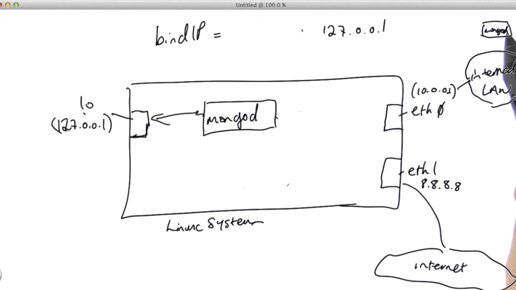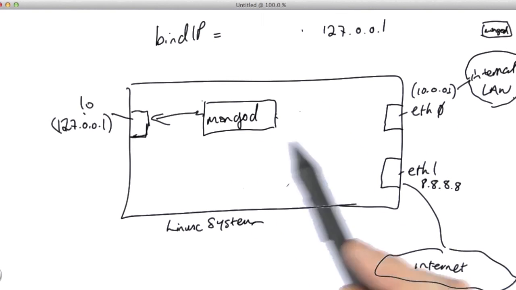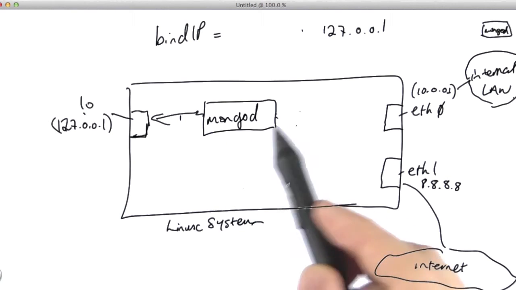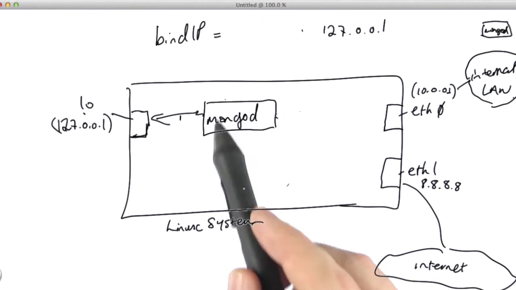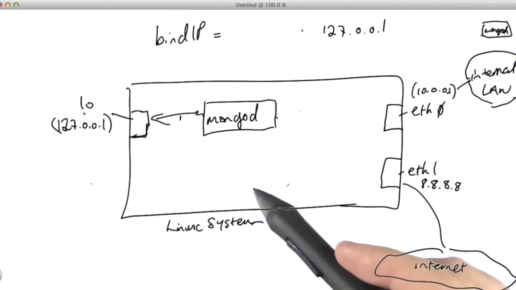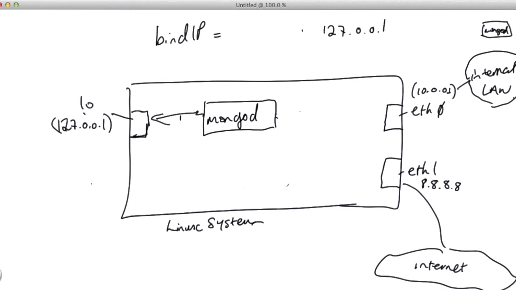So there is then no way for anything externally to talk to this MongoD process, and you can't do things like replication, right? You can't have it be part of a sharded cluster. It's just not going to work. It's going to fundamentally break how this MongoD works. It's very secure. Only things on this host can actually talk to it, but it also completely breaks its distributed nature. Okay, so if you do lock it down to 127.0.0.1, only things on the local host will be able to talk to it,